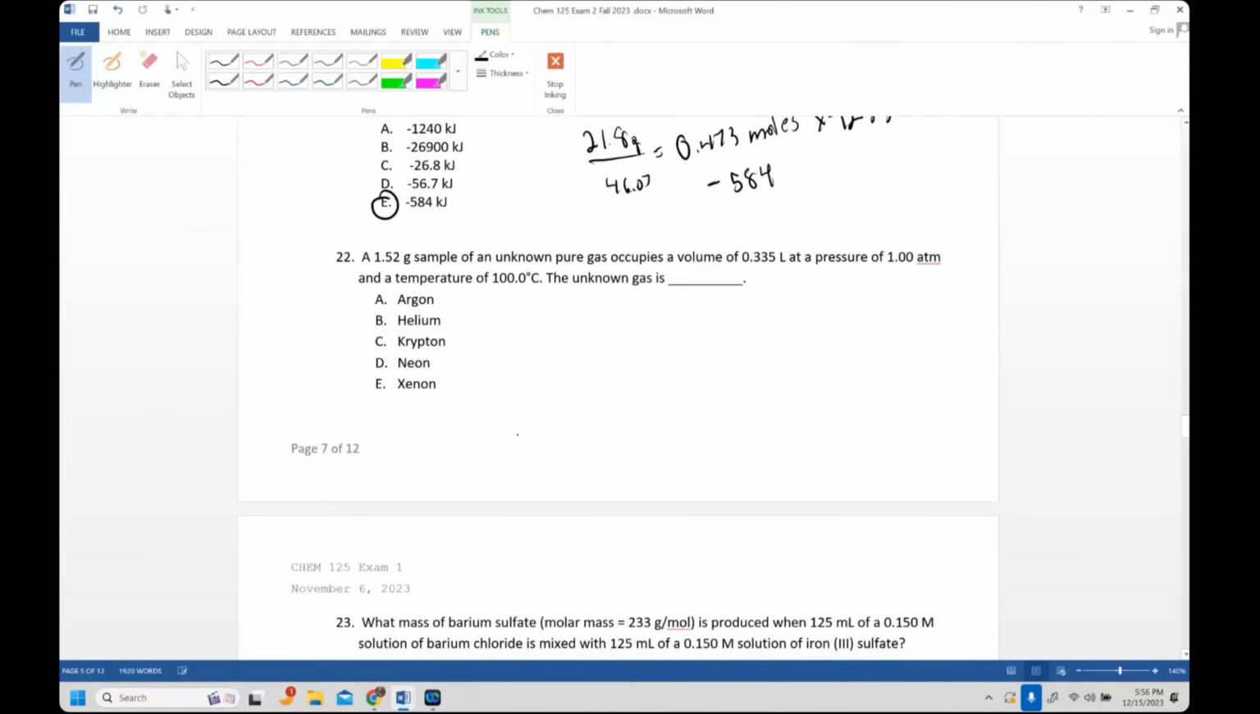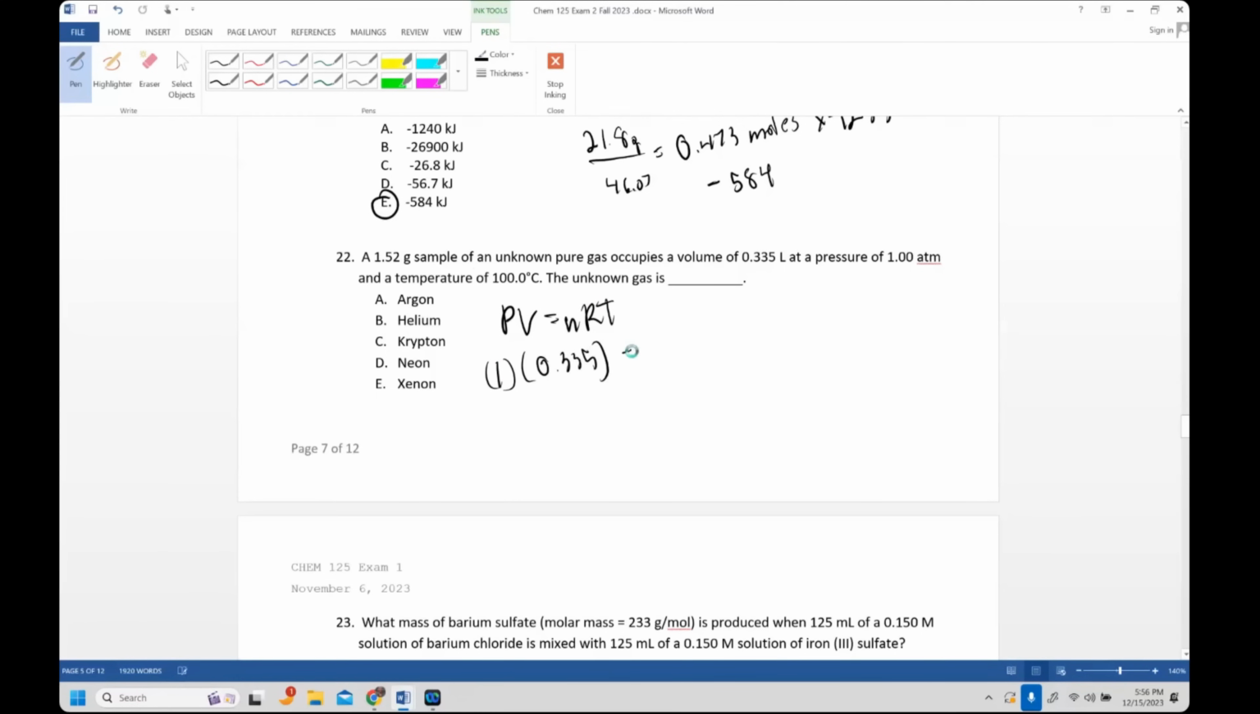All right, number 22. A 1.52 gram sample of an unknown pure gas occupies a volume of, I think this one had a problem. It's the one that had an issue in the exam, but we'll do it anyway. So the sample of gas had a volume of 0.335 and a pressure of 1 atm, and a temperature of 100. What's the unknown gas? So you have grams and you have a lot of variables given, so I'm thinking PV equals nRT right off the bat. Pressure, 1 atm. Volume,